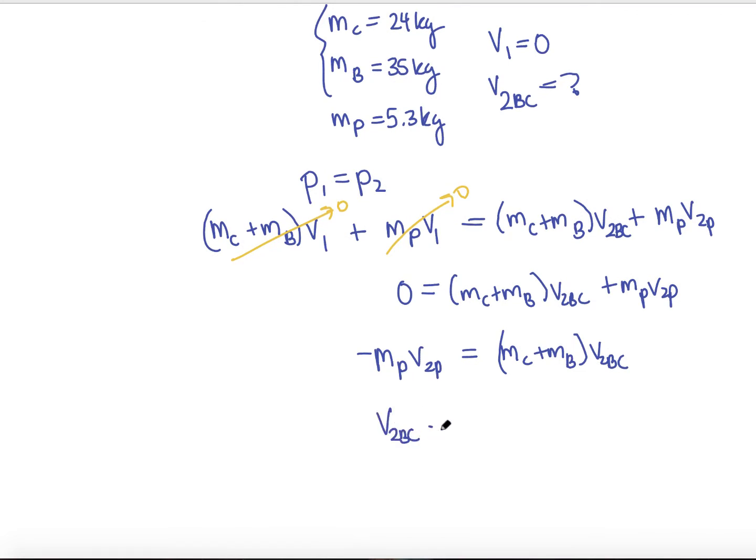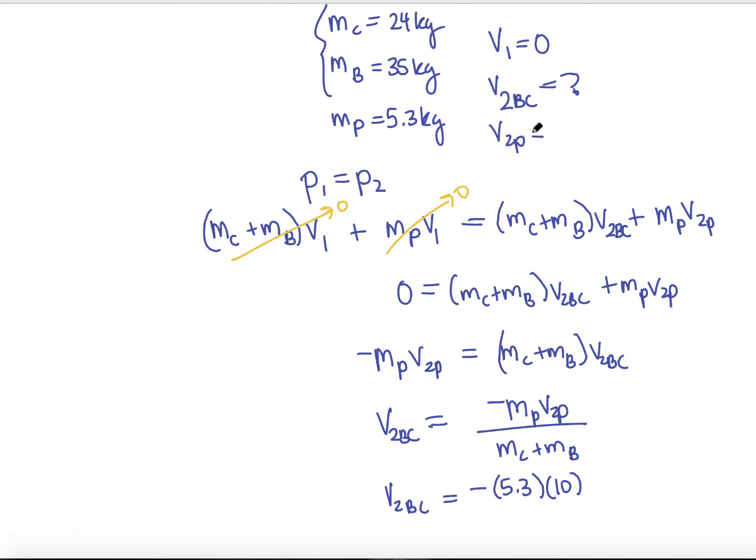And so we see that the final velocity of the boat would be negative mass of the package times its velocity over the mass of the child and the mass of the boat. Whew! So let's substitute. Negative 5.3, now be careful, times the 10 meters per second that I did not write down up here, I should do that. So V2 for the package is 10 meters per second, and it's positive, it's to the right,